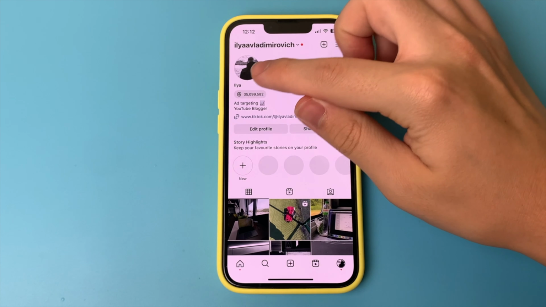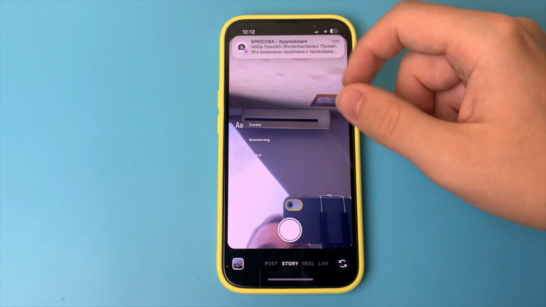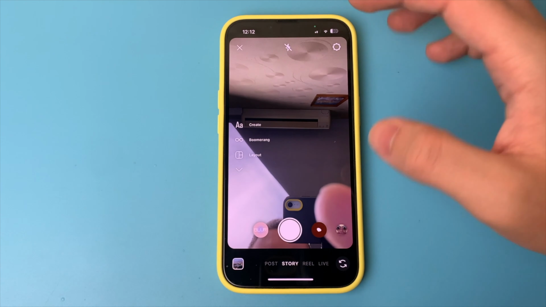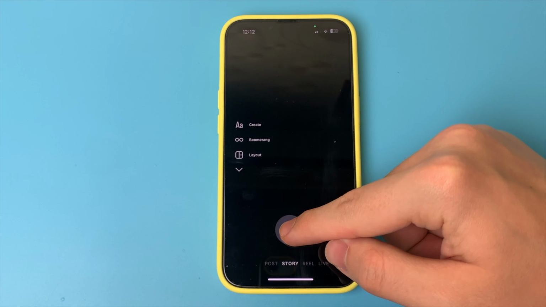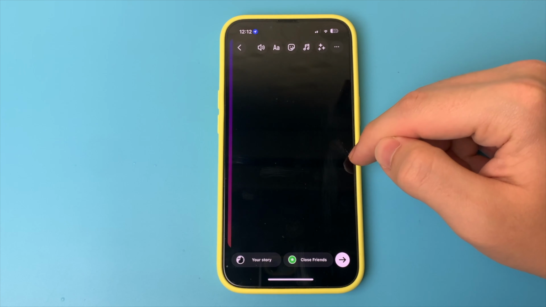Thank you. And in this video, I want to show and tell you how to add music to your Instagram stories. For example, you have a video ready, or you want to shoot it. You go into Instagram. We don't need any other apps. You click on the story, or click on the house icon, and swipe to the side. I'm recording the story. What do we need to do to add music?